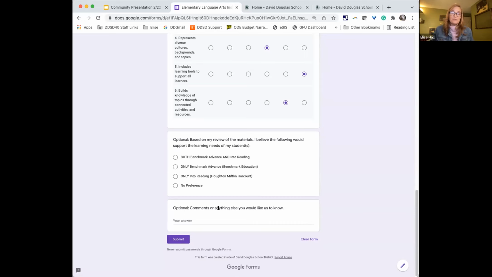That is the team members that Brooke shared with you at the beginning of this presentation, that we have team members from every school, and they are ultimately the ones who are piloting the materials, getting the feedback from their students, looking at the feedback from other teachers, and looking at your feedback to make this very important decision for our students.